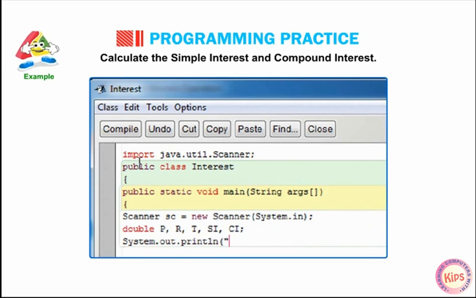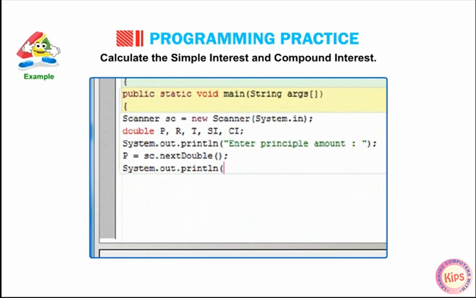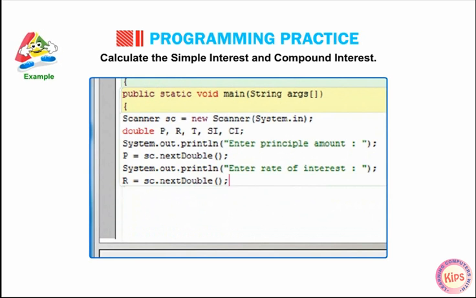System.out.println("Enter principal amount:"); p = sc.nextDouble(); System.out.println("Enter rate of interest:"); r = sc.nextDouble(); System.out.println("Enter time:"); t = sc.nextDouble();